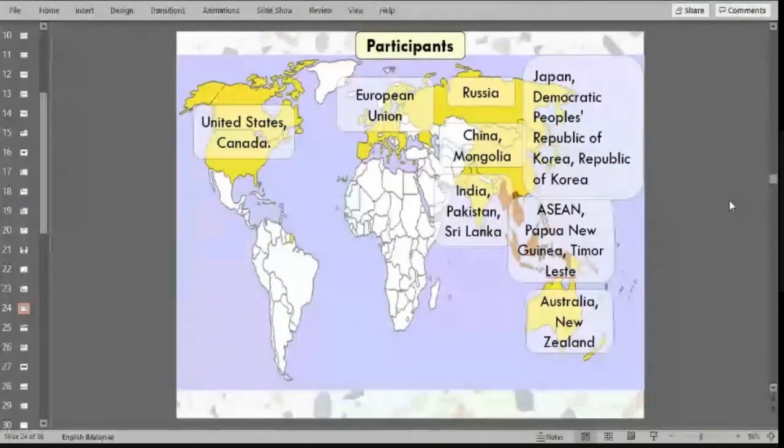And you can also see that a lot of these countries that are participants of ARF are among the countries that have a history of conflict with each other. Okay, so you have the US and Russia, obviously, they have a long history of tensions. You have China and Japan, they also have a history of conflict, tensions, India, Pakistan as well, North Korea, South Korea. So all these countries